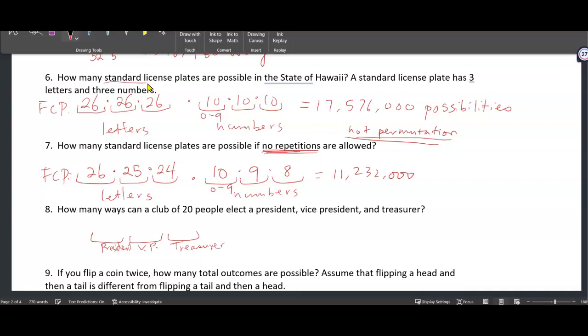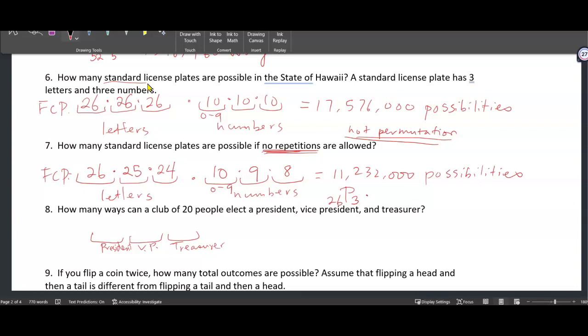232,000 possibilities. Okay, and how can we see this as a permutation? Can we see this as a permutation? This is two different sets, but within the same set, I can see it as a permutation. So for choosing the letters, I have 26 letters, and I'm choosing the first 3 to be letters from the 26 letters. So I can actually see it as permutation 26 permute 3, because no repetition is allowed qualify for